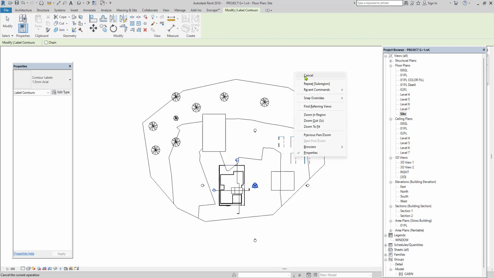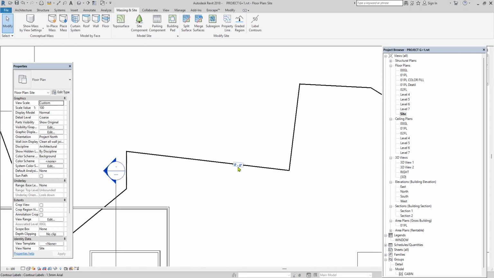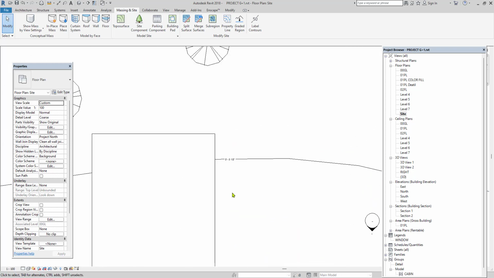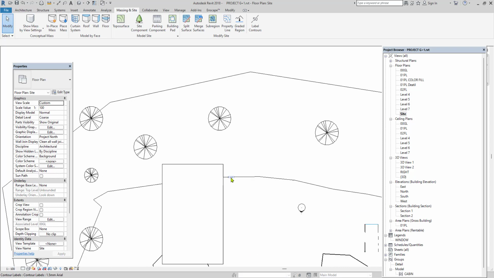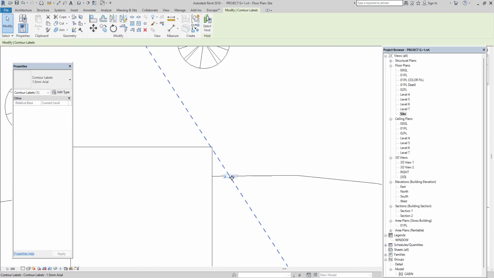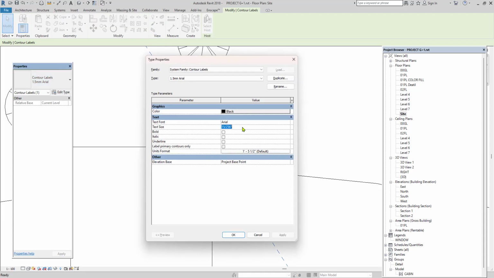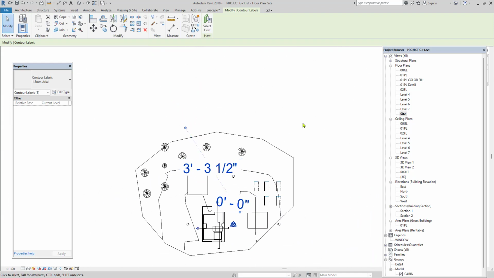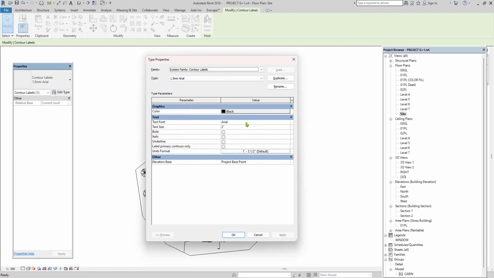You get a naming for your contours, that is 0 feet, 3 feet, etc. In order to increase the text size, you just select that and then go here and change the size of the text, that is about 2 inch or 1 inch, whatever it may be. Like this way you can name it. I am just reducing it a little, about 0.5 inch.